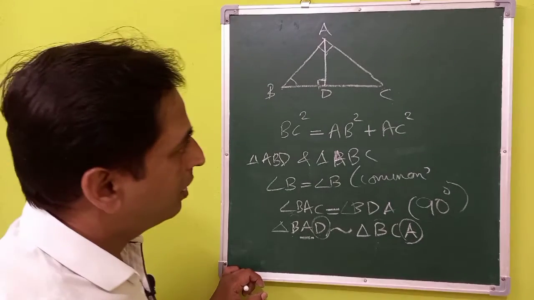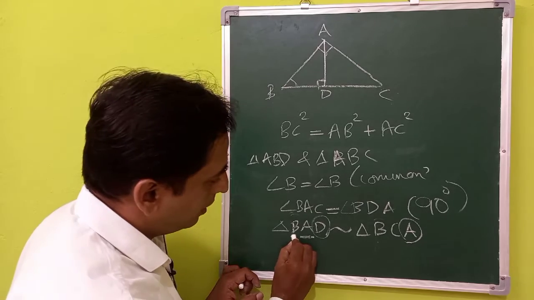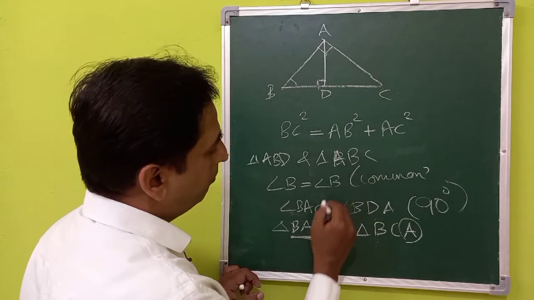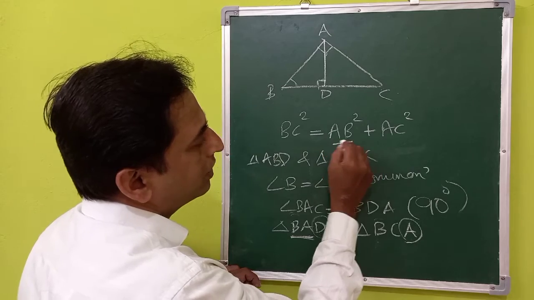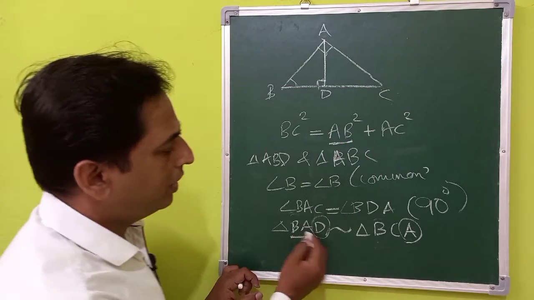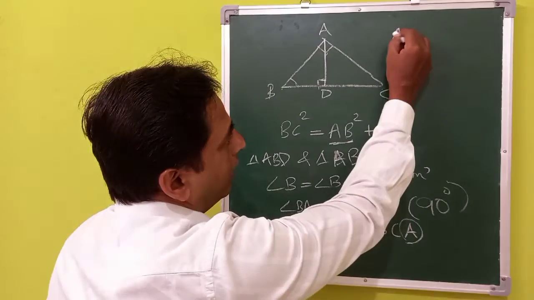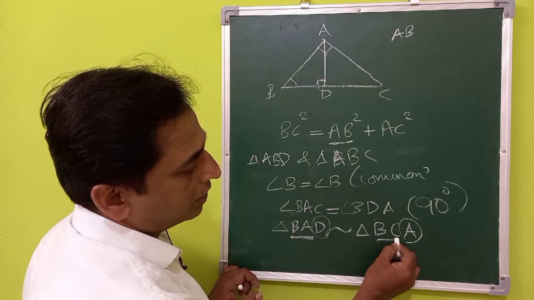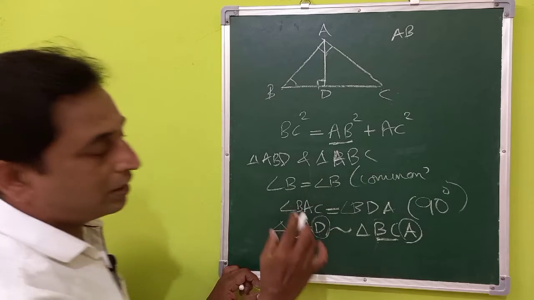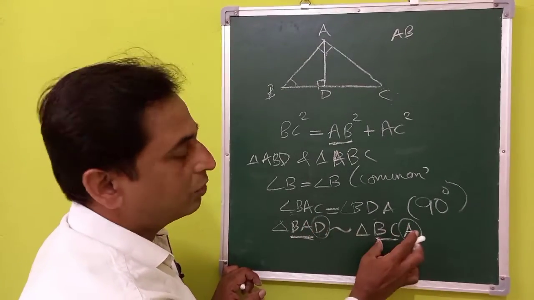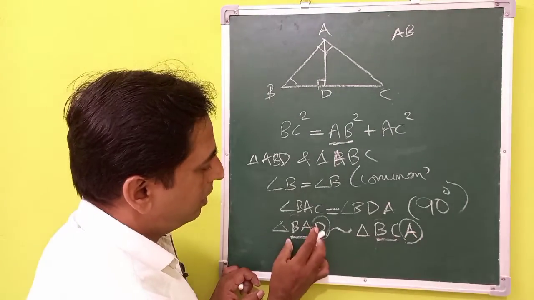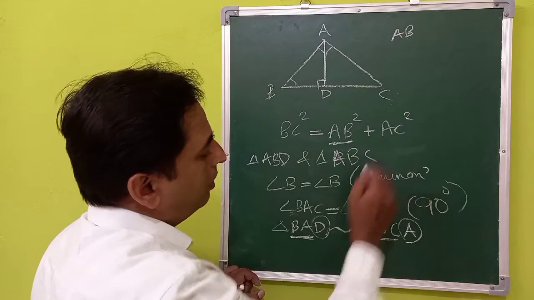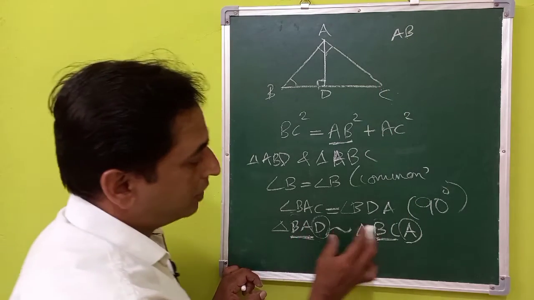So from here we can gather BA. Instead of putting BA, we can write AB because what we need is AB here. So BA or AB is the same. So we can put AB. What is the corresponding of that? In this triangle, that will be BC, because in similar triangles the corresponding sides will be proportional. So here AB will be proportional to BC.